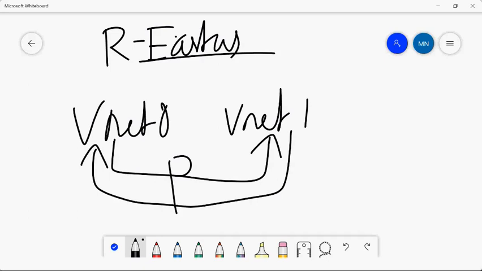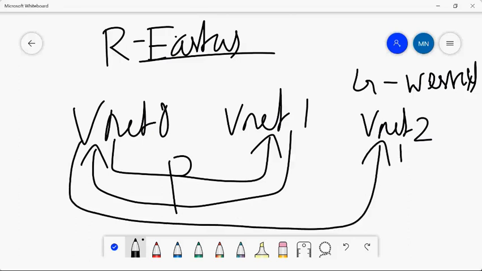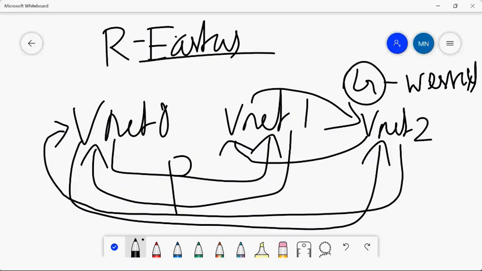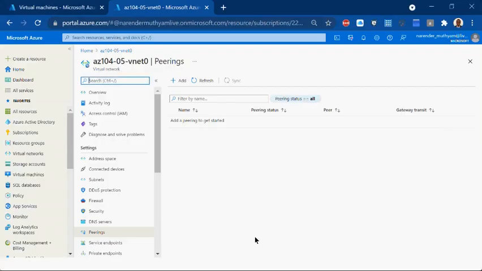And once you're done with this, then what do we do? Global peering, right? Again, this is between West US. So here you'll have VNet 2. Then what are we doing now? We are connecting VNet here, and we are connecting VNet 2 here. In the same way, we are connecting this one, and we are connecting this one. Total 6 connections we have to establish, and this becomes your global VNet peering. Then whatever resources you have in that particular VNet can talk to other VNets once you establish connectivity. So that is the power of VNets here, right?